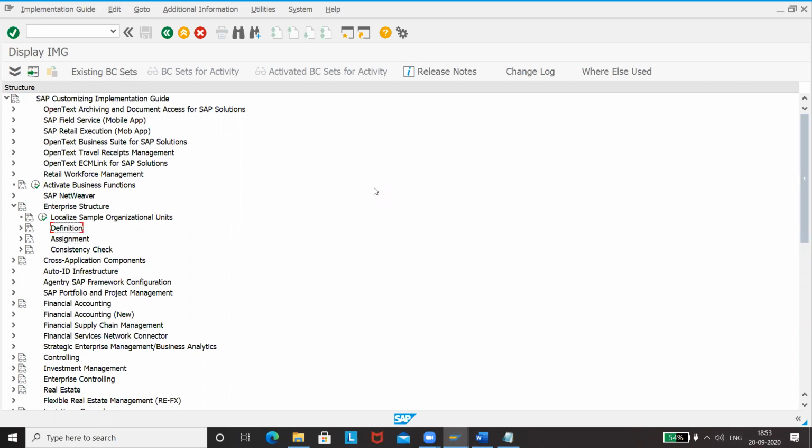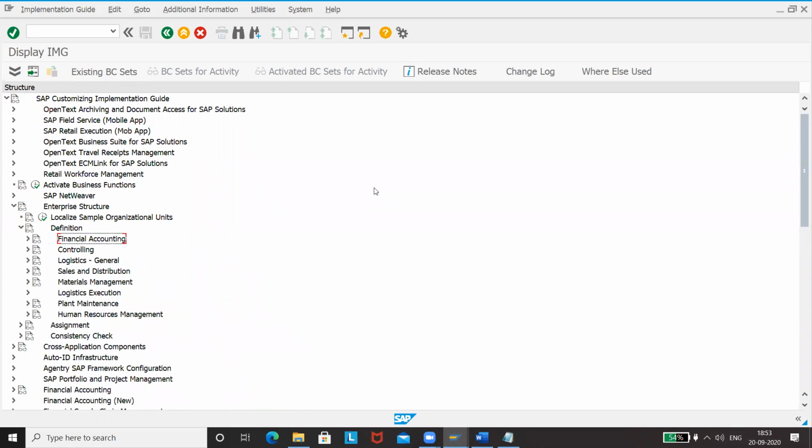We'll just see what is there in it: financial accounting, controlling, logistics general, sales and distribution, material management, logistics execution. These are the important things. We don't use PM, plant maintenance, or human resources, but apart from that, all these steps we'll use.